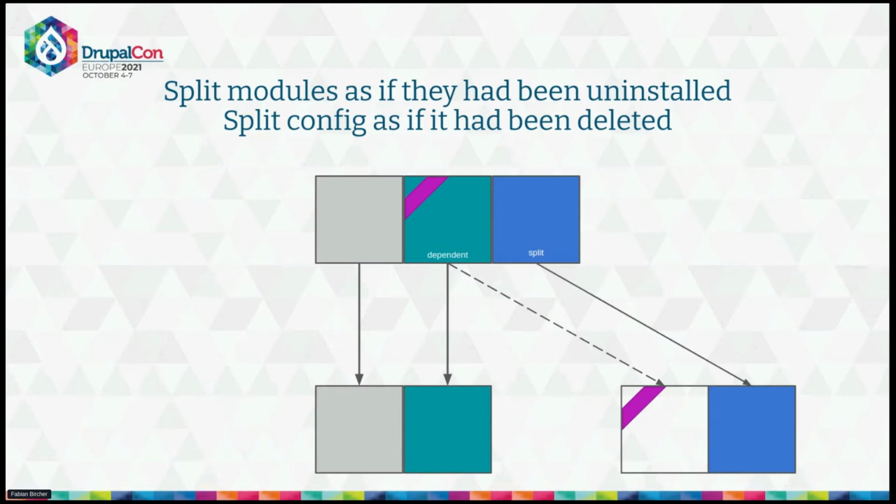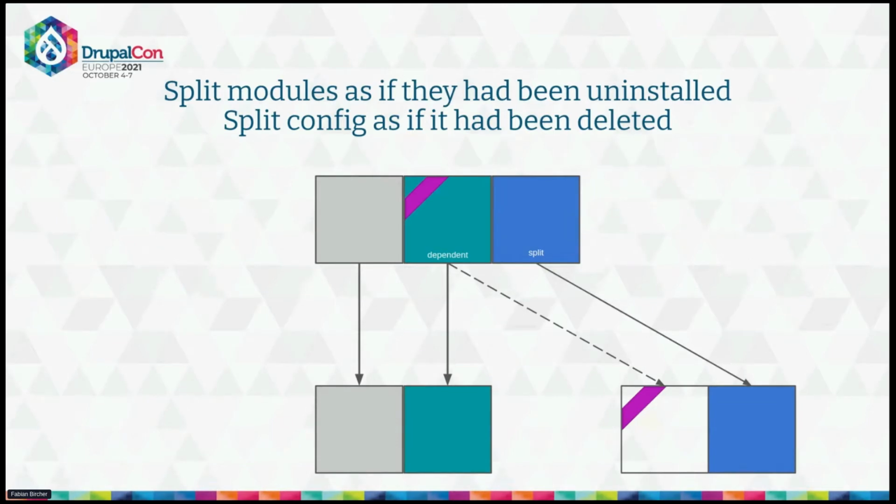That means that usually when you uninstall a module or delete a configuration, other configuration might change as a result of it. You may be familiar with this. When you go on the uninstall screen and you uninstall a module, it will tell you these and these entities will be updated, and that is because